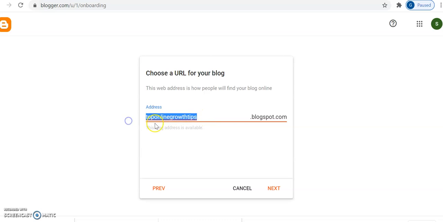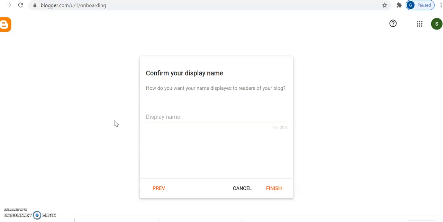If you put a name here that is not available, it won't show here. As you see it's not available. So just keep trying for a name until you get a name that you like and it's available. So we're going to go with this name, Top Online Daily Tips .blogspot.com. It's available. So the next thing we're going to do is click on next,